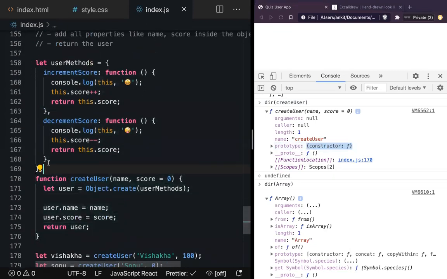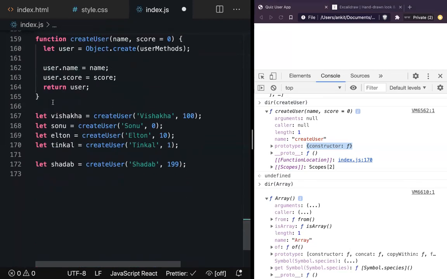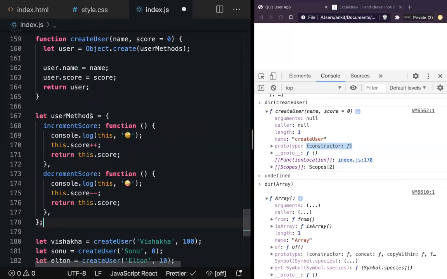Here what we are doing is defining the function inside a variable and then using it this way. But what if I don't want to create a new variable? Can I put it like this? After defining this function, we'll come down and say, I don't have to define a new variable.